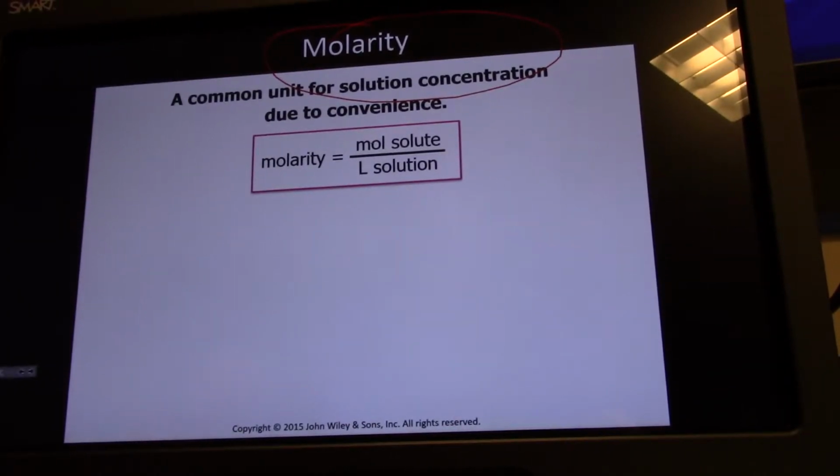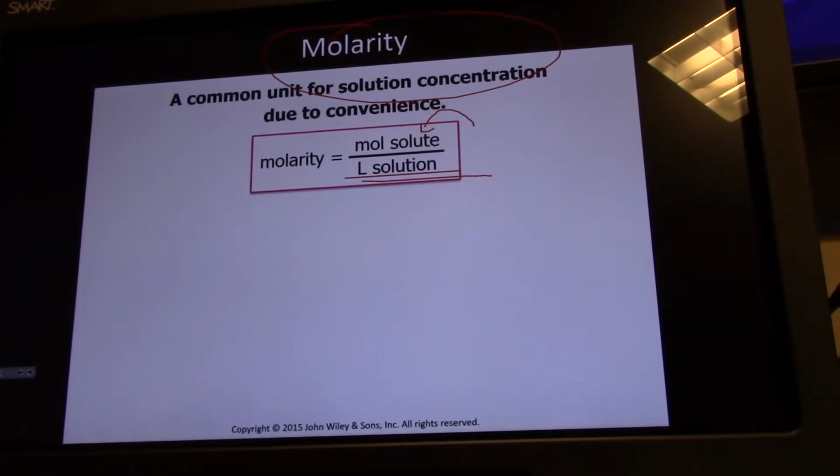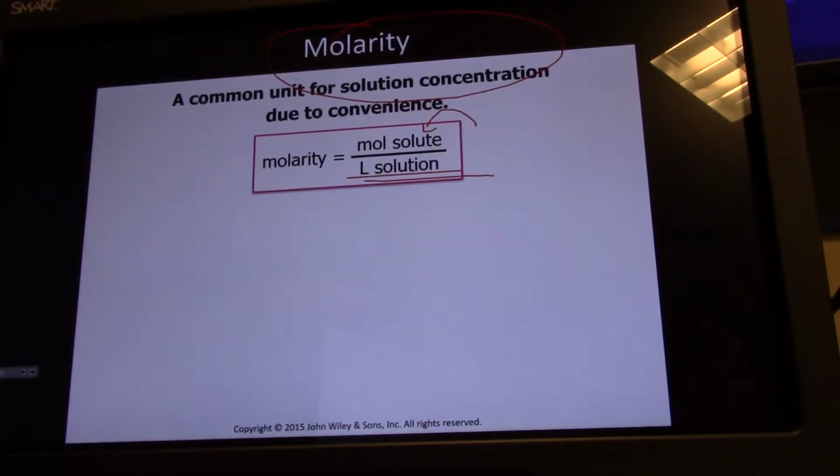So molarity is moles of solute per liters of solution. And that's useful because that's going to get us into stoichiometry. You have a volume and you know how many moles of something are there. And that's what you always want to know in chemistry is the number of moles, because our stoichiometry is a